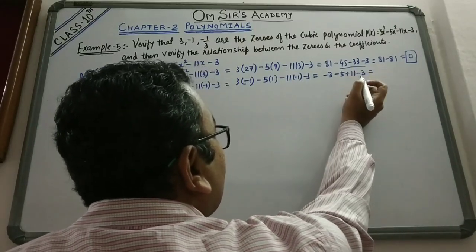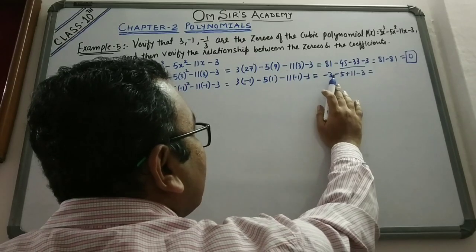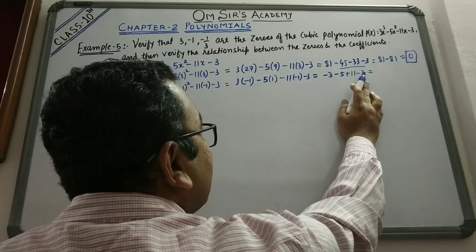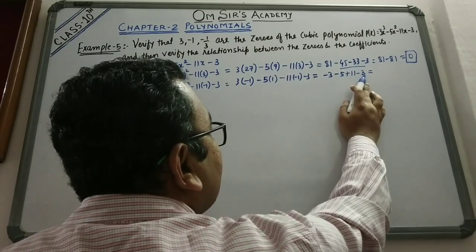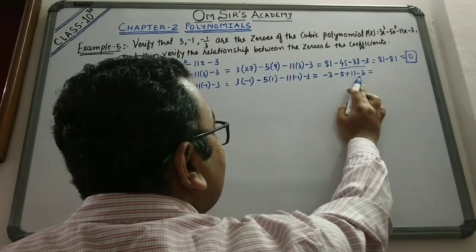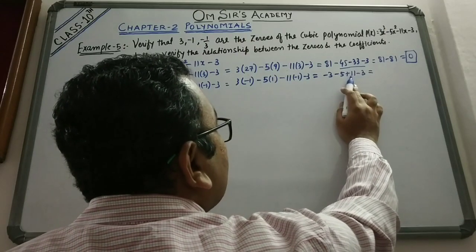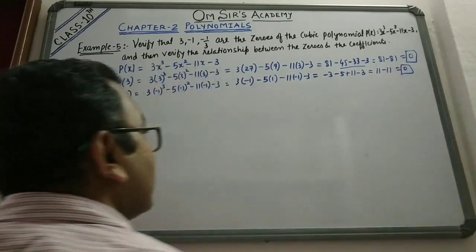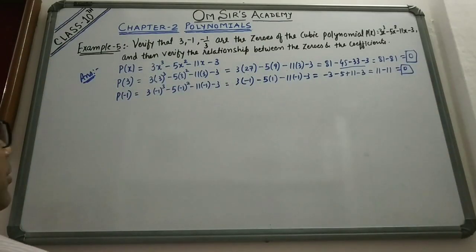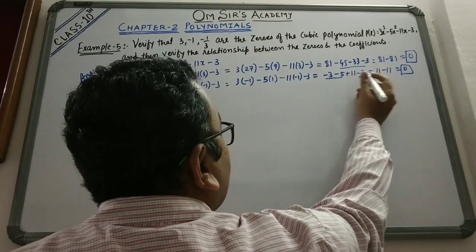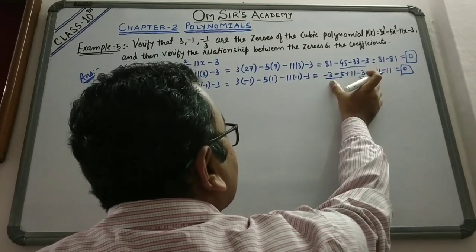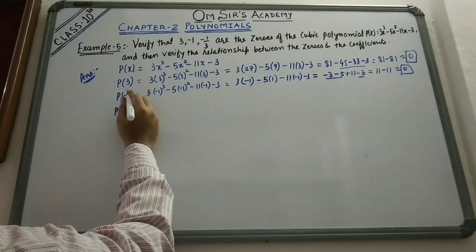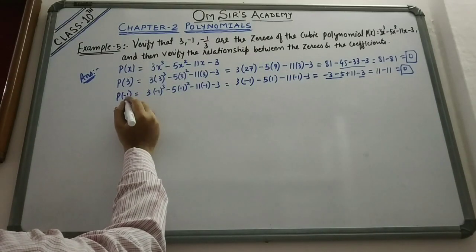So here what will be the answer? Here look, which are the terms with minus? Minus 3, minus 5 and minus 3. So let us add these 3. 5 and 3 is 8, 8 and 3 is 11, and all 3 have minus sign, so it will be minus 11. So 11 minus 11, answer will be what? 0. Is it clear friends? We added these 3 terms and that was minus 11. So we put 11 minus 11 is 0. So this is also a 0 of the polynomial. Minus 1 is also a 0 of the polynomial.